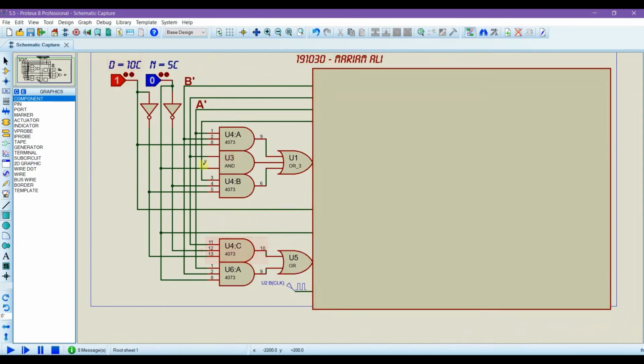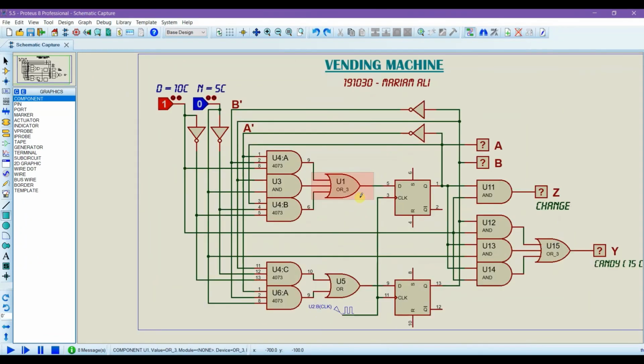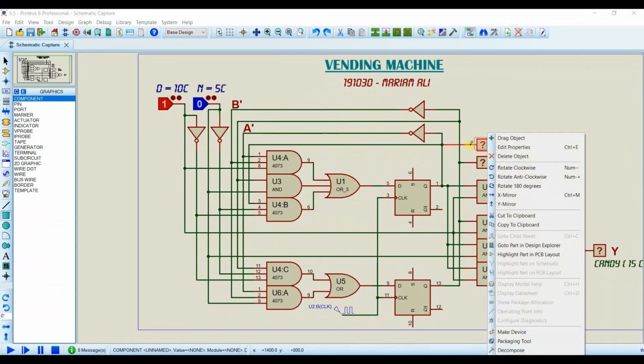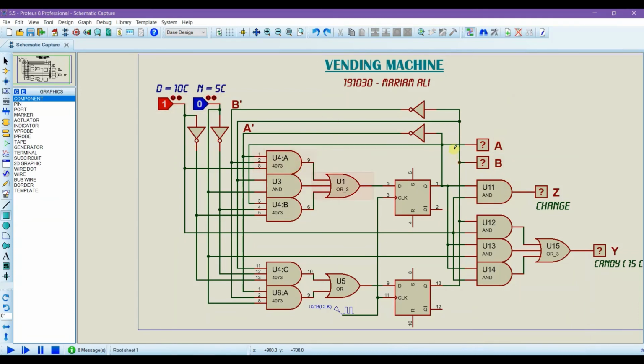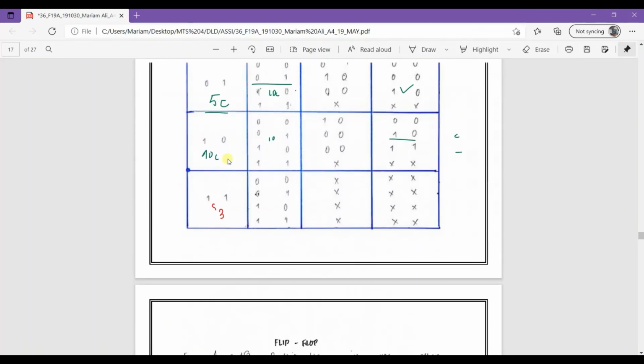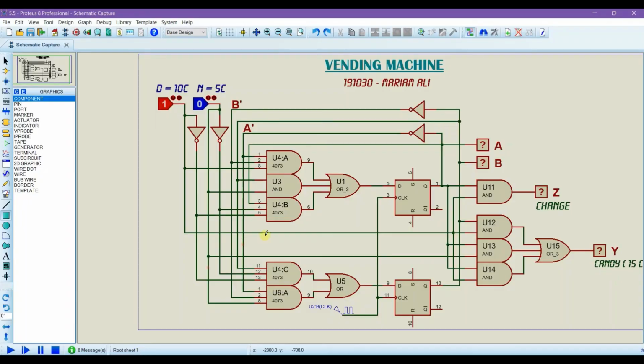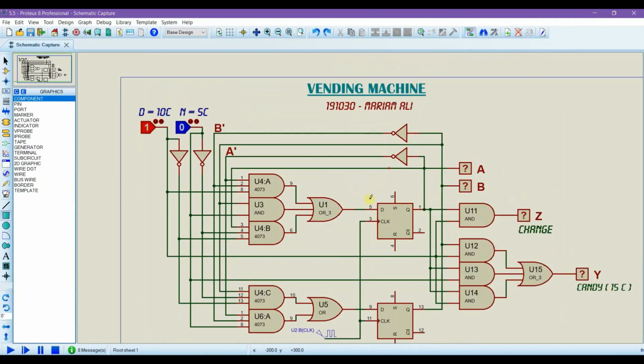Then this is the input, where D and N, the coins, are going to enter here. As in the Mealy machine, the input states and the output states from the present state are connected to each other and are related. So that's why its output is connected to this and is going to perform as a change here. It is a continuous process, like this Mealy machine system I showed you here. So let me run this circuit for you.